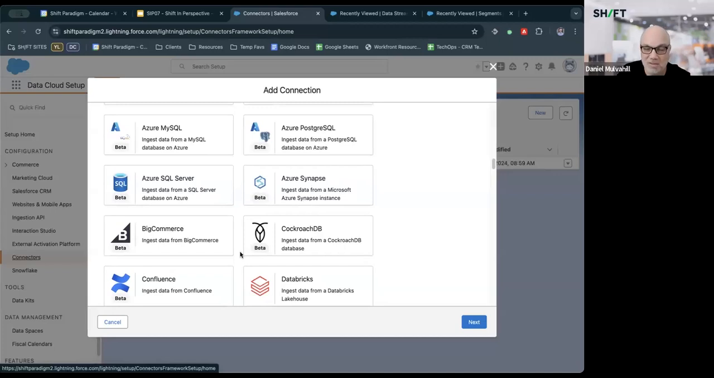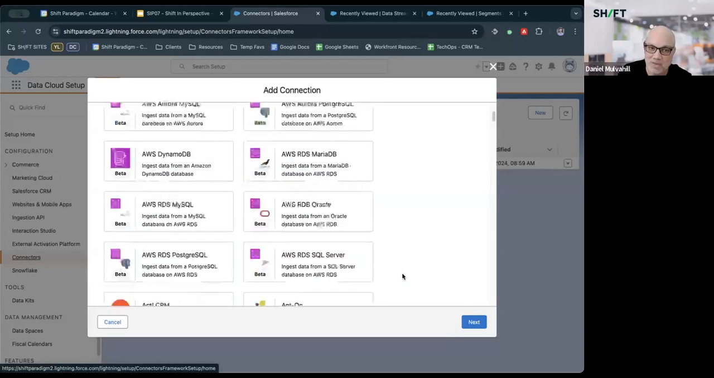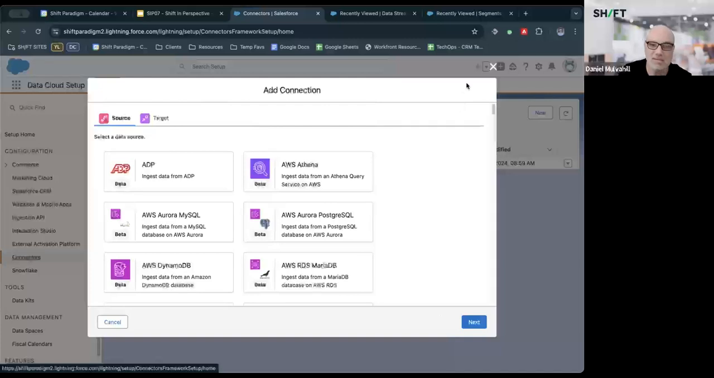If all else fails, there's a connector to AWS S3 buckets or Google Cloud buckets, and I believe Azure as well. So you can just drop a flat file, schedule a CSV file to go into those, and then you can schedule Data Cloud to go pick up that file and bring it in on a regular basis. So that's kind of a fallback method where you should be able to get just about any data from any